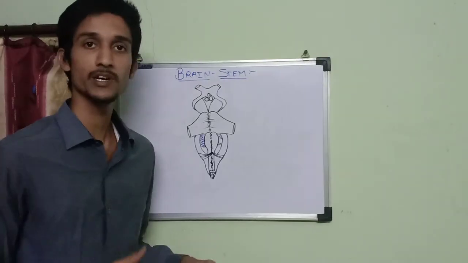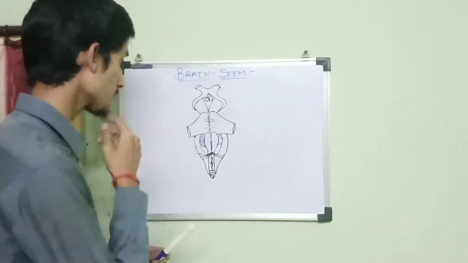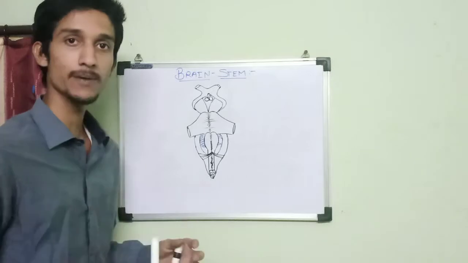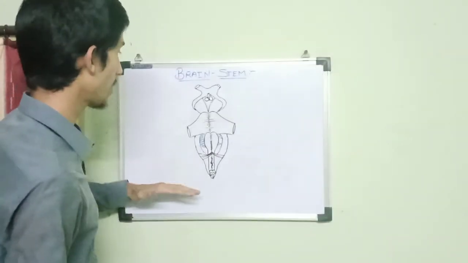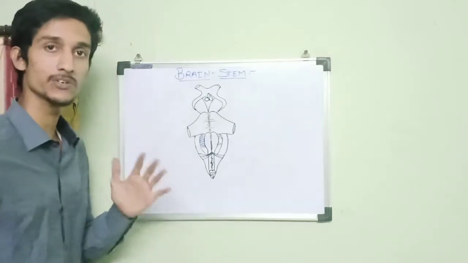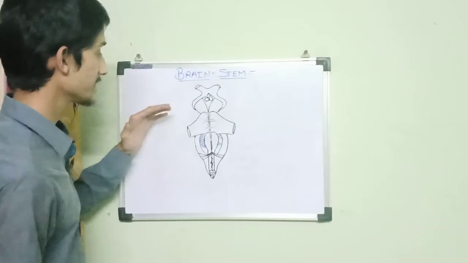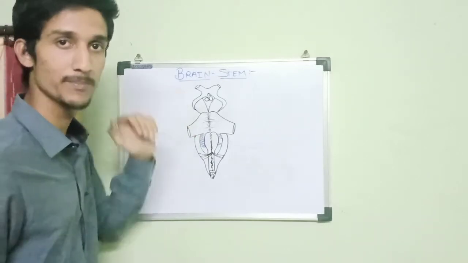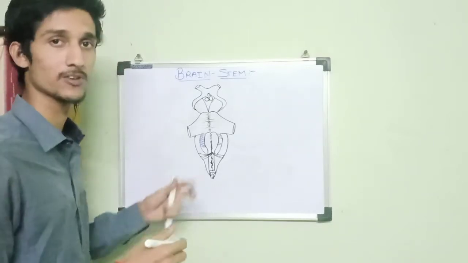Let's see from where the cranial nerves arise exactly, from which part of the brainstem. This is the ventral aspect of the brainstem, and I am going to tell you the origin of cranial nerves from downward to upward. It means I am going to first explain the medulla oblongata, the nerves arising from the medulla oblongata, then the nerves arising from the pontomedullary junction, then from pons and from the midbrain. So I am going downward to upward. So let's start with the medulla oblongata.